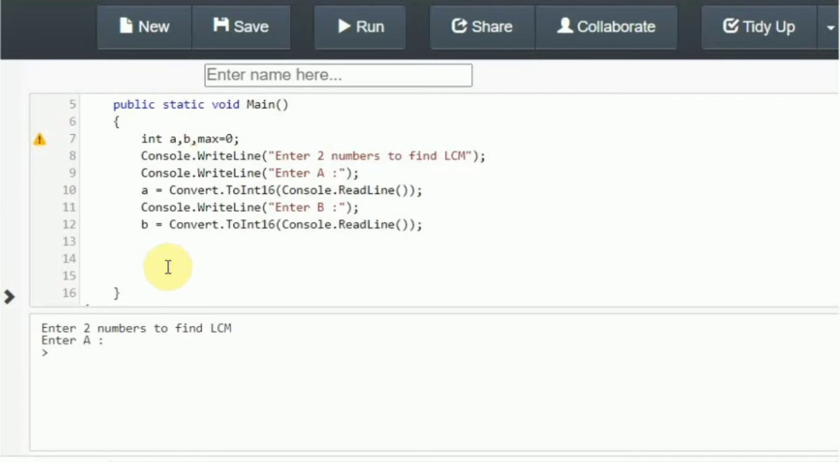So for that we have to identify the max of these two values. So max will be A if A is greater than B, or else let's take B. So if A is maximum, it will take A, or else it will take the B value. So if the max variable is divisible by A, remainder equal to 0,